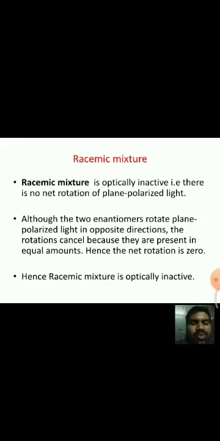We know that enantiomers rotate the plane polarized light in opposite directions by the same angle. As in a racemic mixture we are having equal proportions of two enantiomers, the rotation by one enantiomer is cancelled by the other enantiomer. Hence, the racemic mixture is optically inactive. If D-lactic acid and L-lactic acid are mixed in 50-50%, that is called a